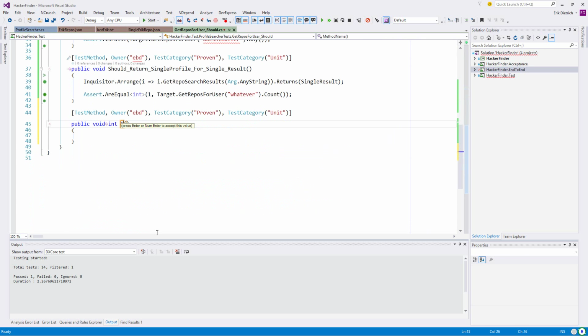So I'm going to say that it should, oops, every now and then I get that extra return thing. See, it was public void int, and it should be public void. Been doing that for years. I should look into it sometime. Should return a profile with